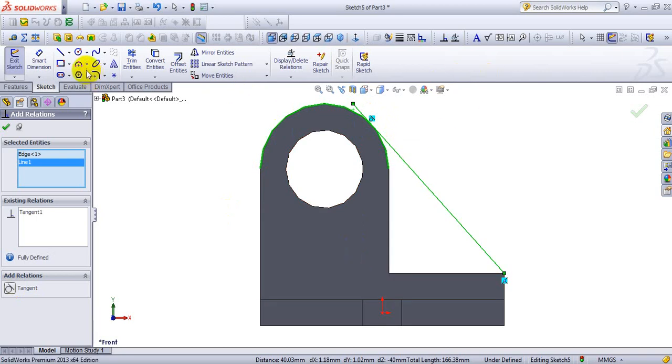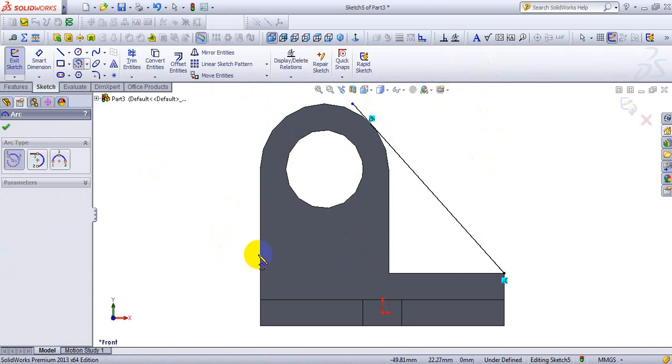Now take center point arc. We have to draw one arc from here to here. So we have to join from here exactly on the tangent of the line. Okay, so just touch this circle, we will get the center point of the circle.